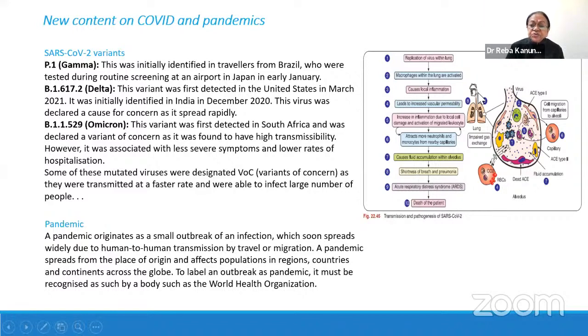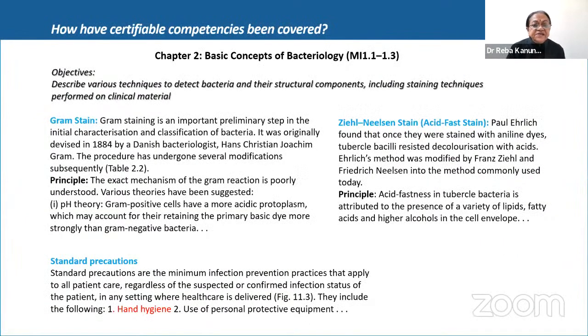And coming back to COVID, we have also got this little diagram to tell the undergraduate how the virus replicates and what the pathogenesis and transmission are. This would help them to understand the mechanism of action of the virus and its outcome. So now the other thing that we have done is